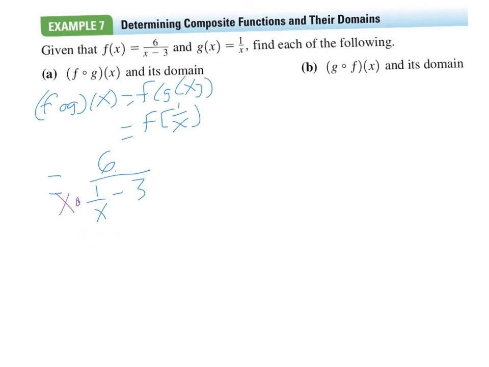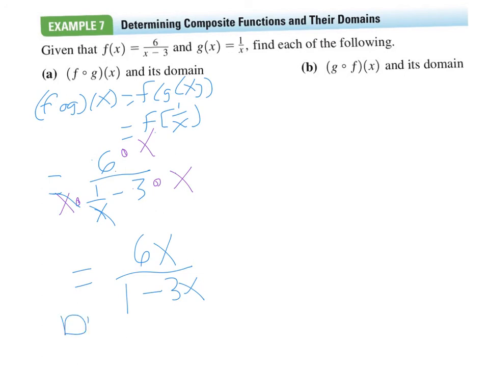But remember, what you do to one thing, you have to do to everything to keep the function equivalent. So if you multiply by x, those cancel out, so on the bottom you'll just have 1 minus 3 times x, which is 3x, then 6 times x, which is 6x. And so now that we have our fraction simplified,